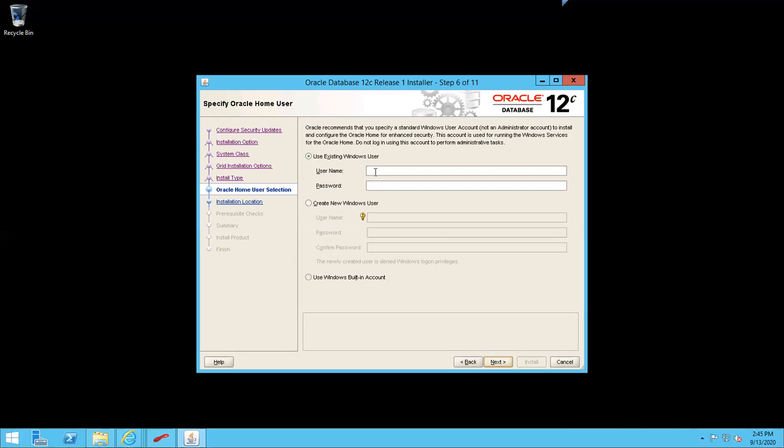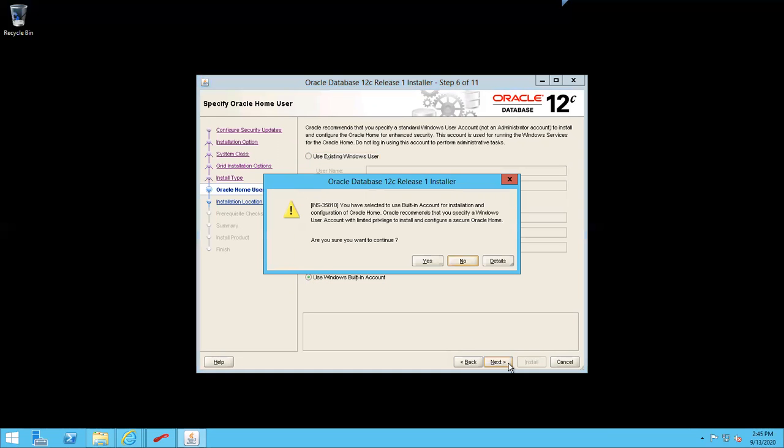Use existing Windows user, use the Windows built-in account. You have selected user Oracle, and it wants you to specify those user options.